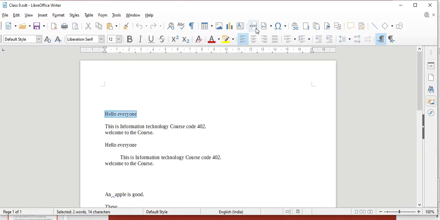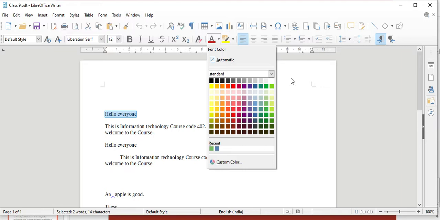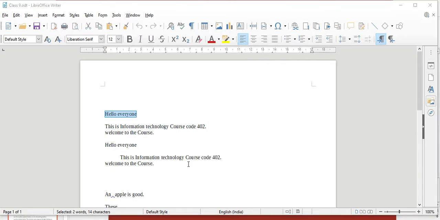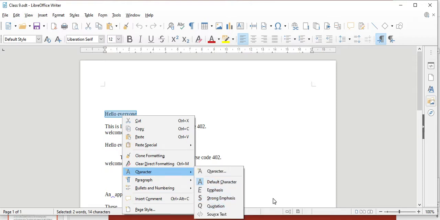From this menu bar, you can select whichever format you want, for example if you want to change the size. Or else, by right clicking on the text you can add bullets, paragraph, character, whatever you want, you can just change it.